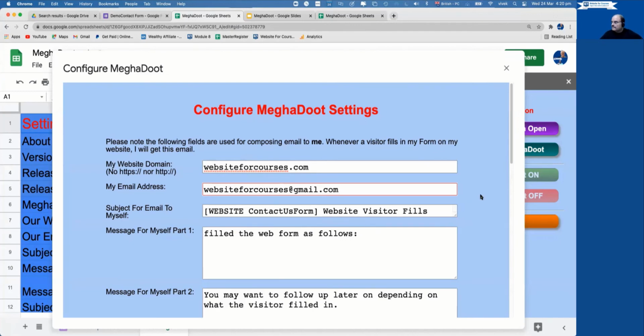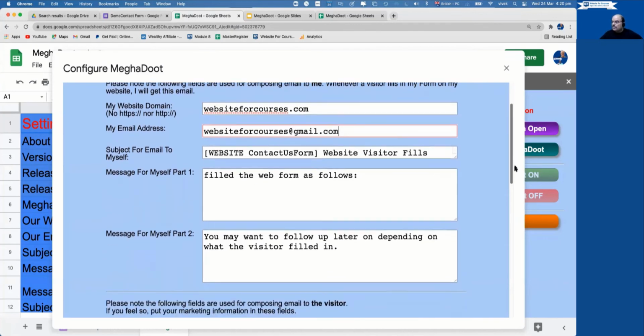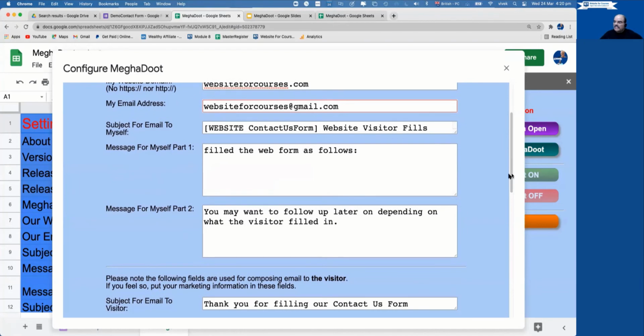Now, Meghadut composes emails using all these fields here. This will be the subject of a message that Meghadut sends to me.